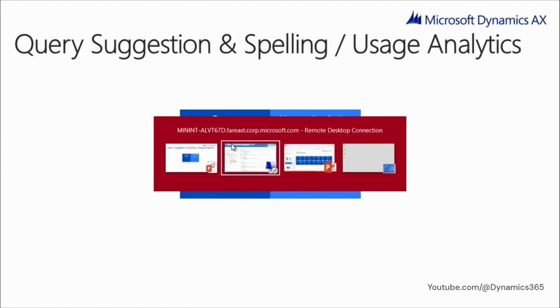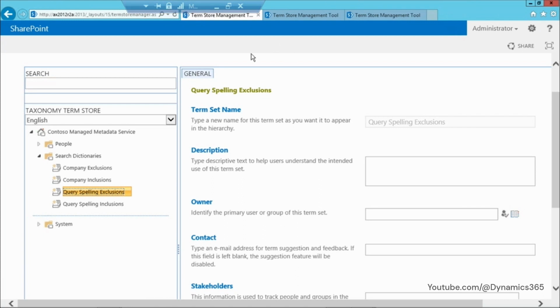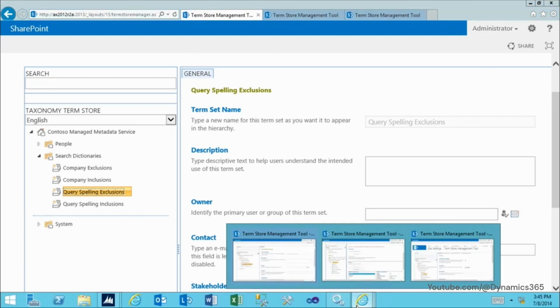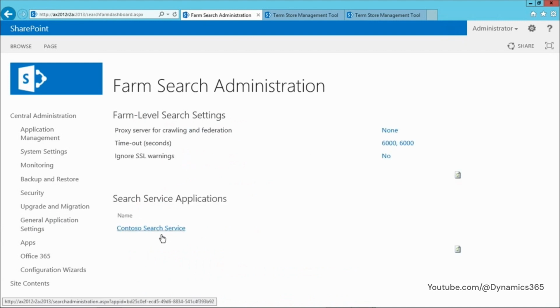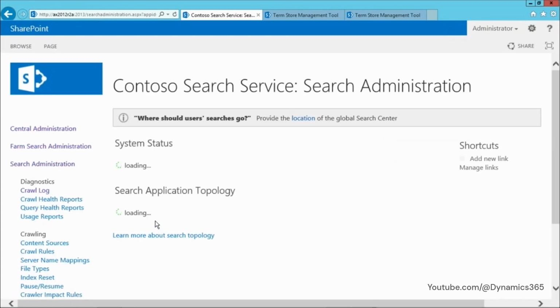So let me move to my VM. Here I will switch to the central administration portal. In the central administration, you have to click on general application settings, and under which you will find search administration, and under which you will find the search service application which is there for this particular SharePoint server, which is Contesto search service. Once you go into Contesto search service,